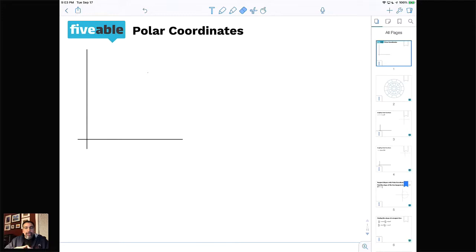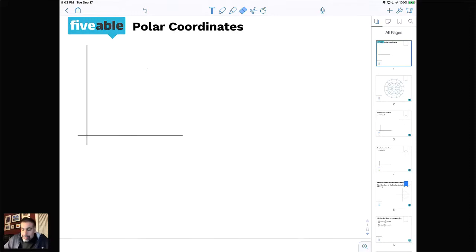One thing we've got to stress to them is that a coordinate point is nothing more than a location. It's a location somewhere on the XY grid. Even in polar coordinates, it's the exact same thing. What we've got right here is the Cartesian coordinate system, and we want to talk about how to get to a location on that Cartesian coordinate system. So, for instance, if I wanted to get to this point right here,